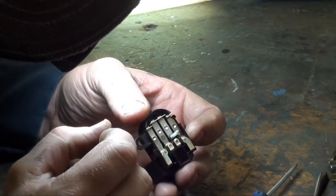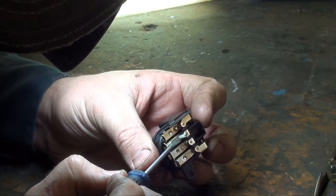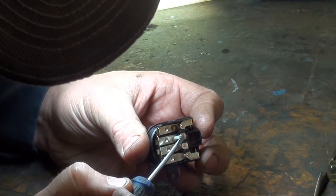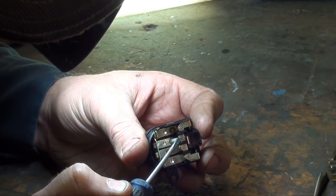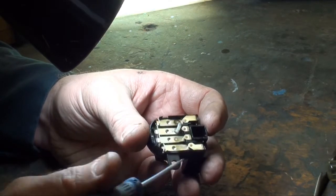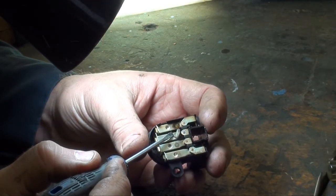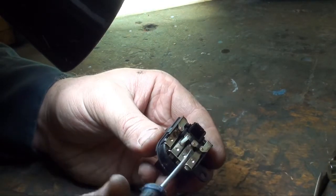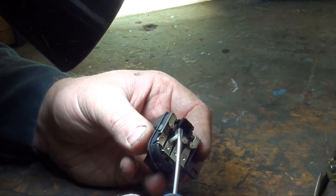Wow, I bet it is. And if you look here, it's melted into the contact. The contacts are alright, but this contact simply got so hot that it melted that little tab into it. Now this could have started happening from the old starter. There's a very good chance that when that old starter went bad, this started getting hot and actually melted down